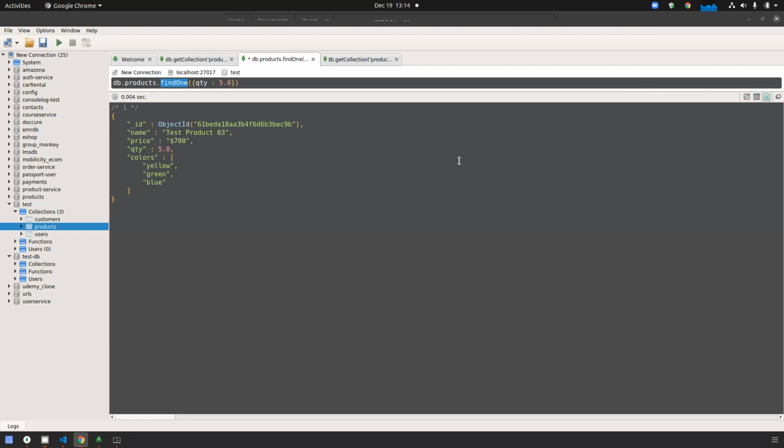So always remember, findOne always returns a single object. That's why it comes in curly braces. But find will return multiple, so that's why it's coming in an array. Like here, if I'm using find, in our database, in that collection, quantity 5 is there, only one product is available, right? Obviously. So if I'm running this,